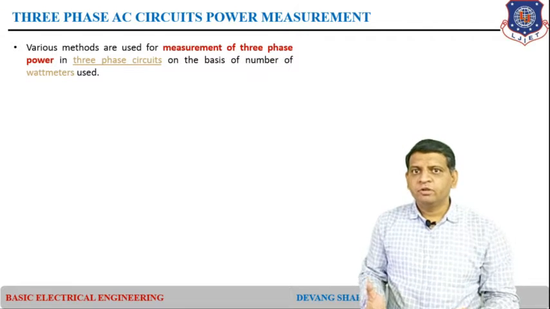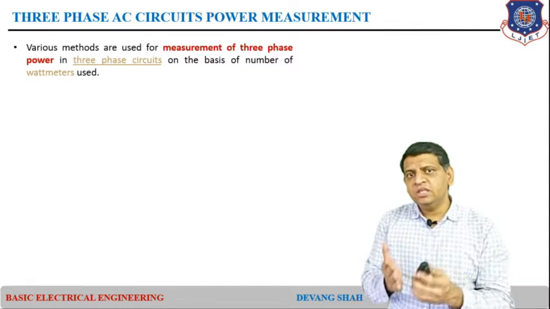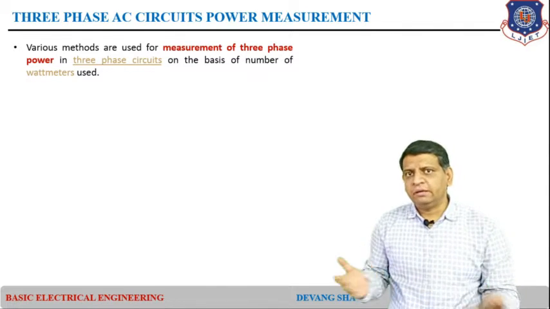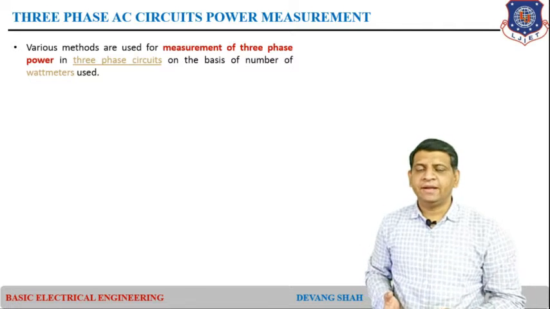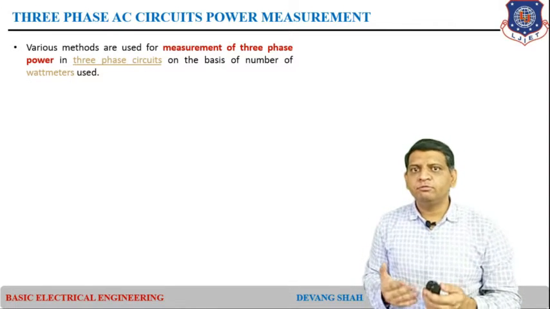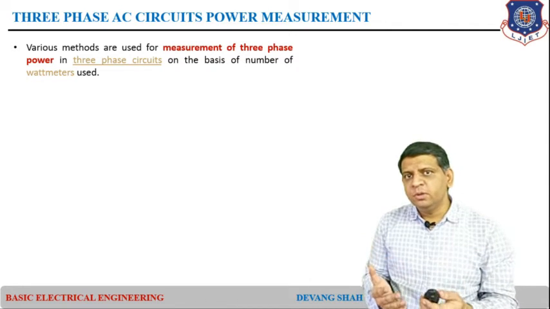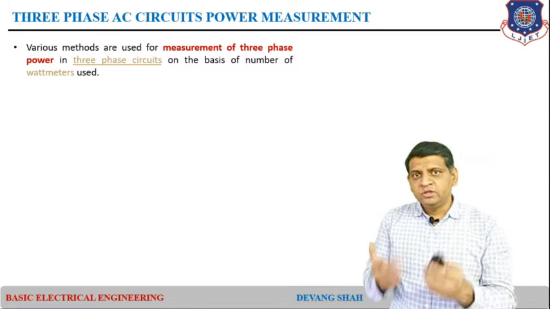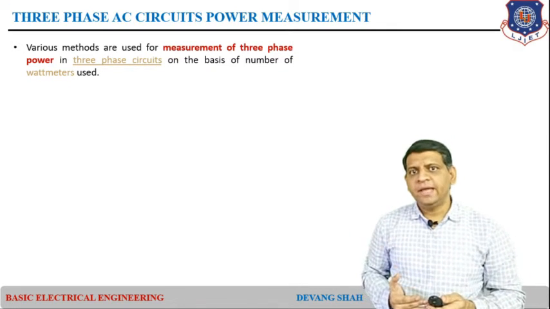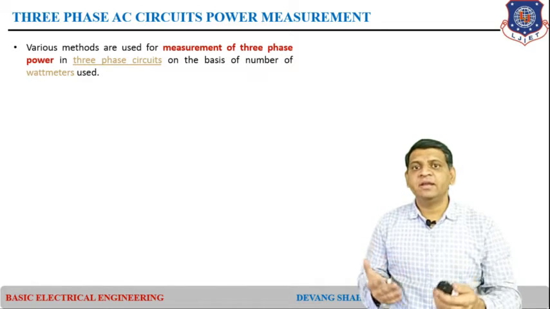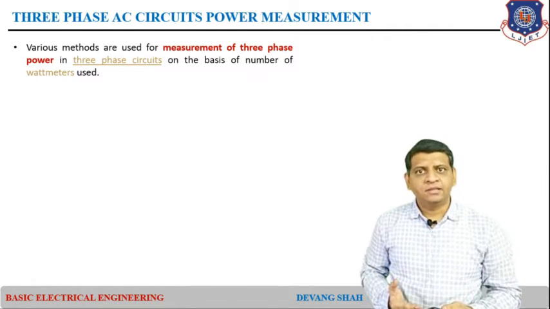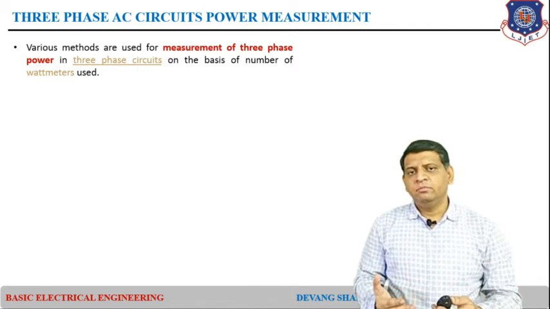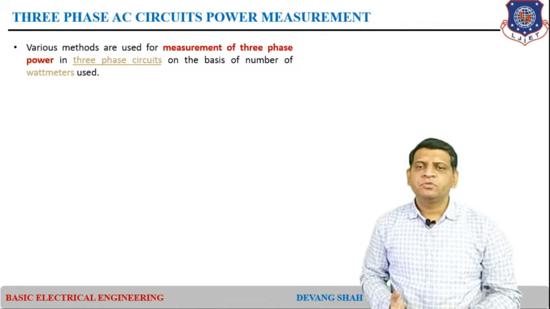This load will be a star or delta connection, where on each arm of the star and delta we have connected a load, which in technical terminology we define as an impedance. The measurement of this three phase power is possible using an instrument called the wattmeter. The instrument that measures the power in any electrical line or AC line is called a wattmeter, and measurement using the wattmeter we define as the wattmeter method.